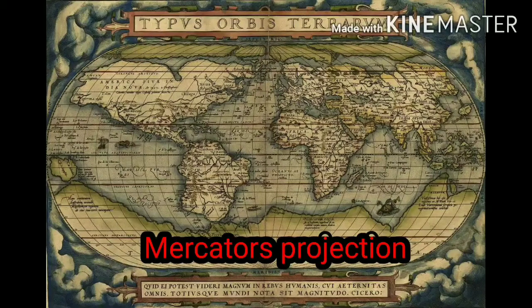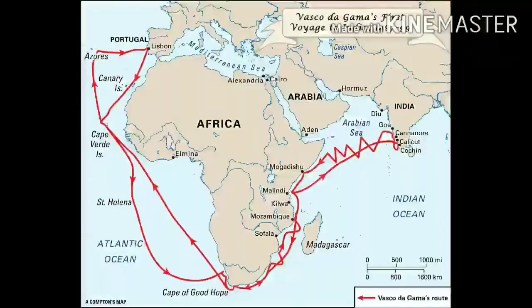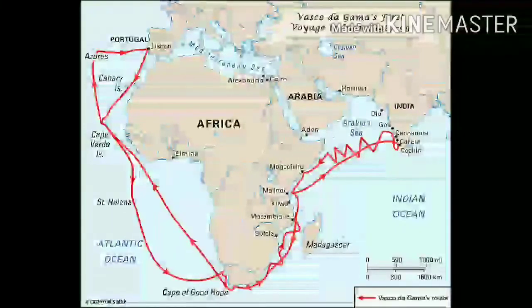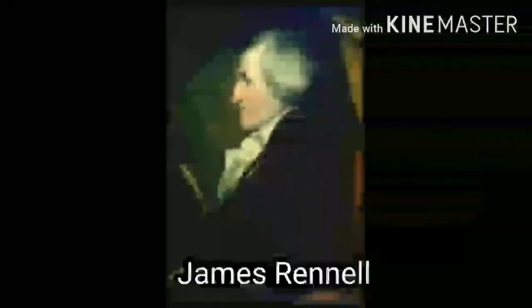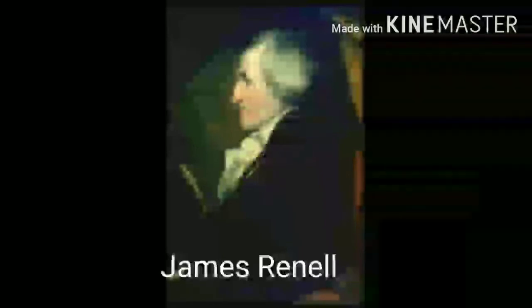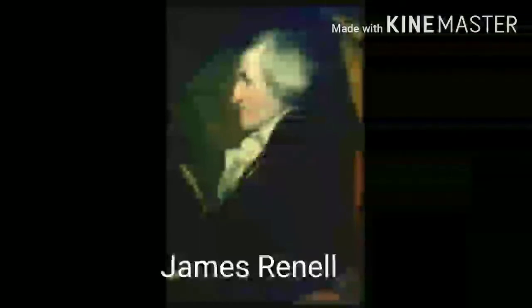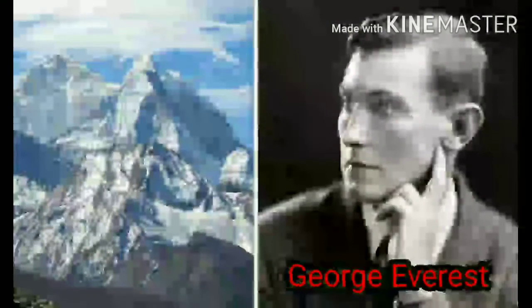So Europeans also prepared so many maps and tried to occupy other countries. For example, they came to India with the help of maps, like Vasco da Gama. For business purposes and political purposes, they came to India. The British government also set up an organization to prepare maps, the Survey of India, and appointed one officer, James Rennell, as the Surveyor General. Another geographer, William Lambton, started his survey from Chennai. The survey was not completed by him. It was completed by Sir George Everest.